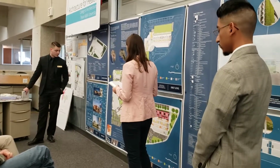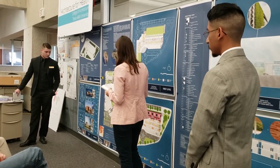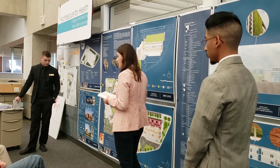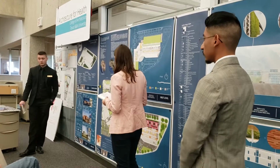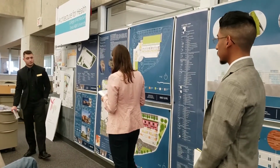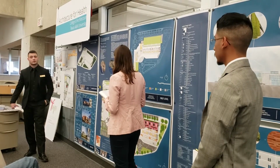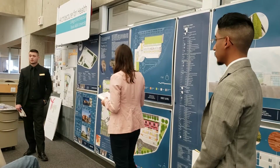We have an L-shaped design that is based on the pre-existing hospital site. So it's a good mediation between the community and the medical center. Our primary focus would be the emphasis between the southwest wing as well as the northeast wing between the two